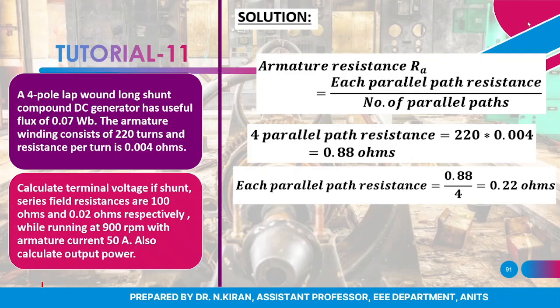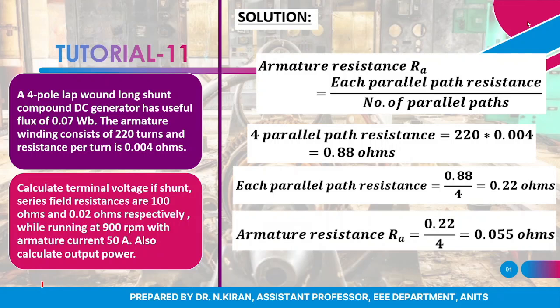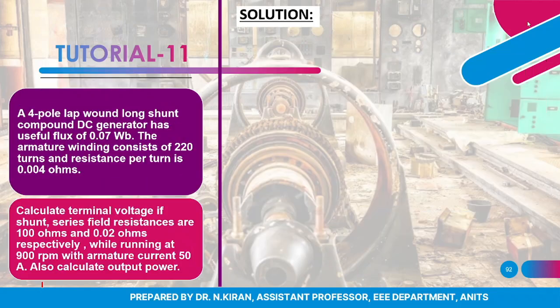So I know each path resistance, I know the total number of parallel paths. That will give me my armature resistance Ra to be 0.22 divided by 4, which will be 0.055 ohms. So this is the armature resistance. This is the procedure to find armature resistance if the turns and resistance per turn are given. So coming back to our sum,